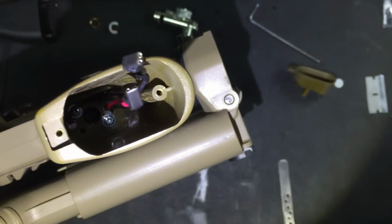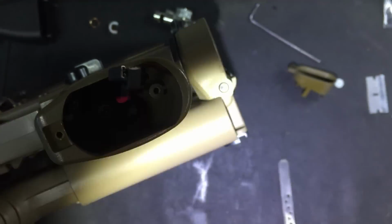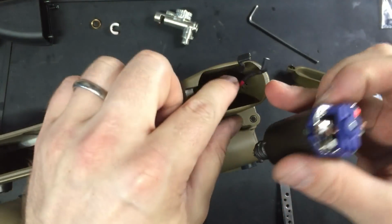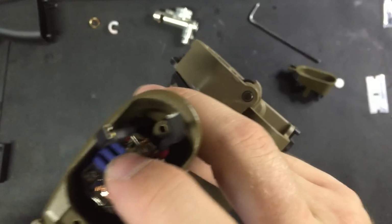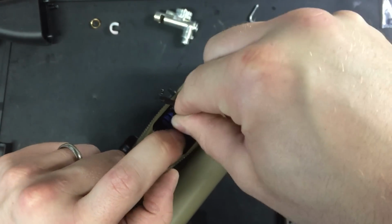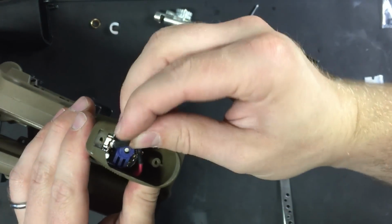And then this positive line is going to sit down this side of the screw mount. So we're going to put our motor in. We've got the positive terminal up here and the negative down here. We're just going to plug our positive terminal in and then hook the negative over the top here